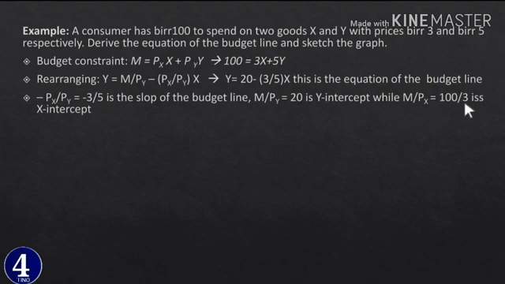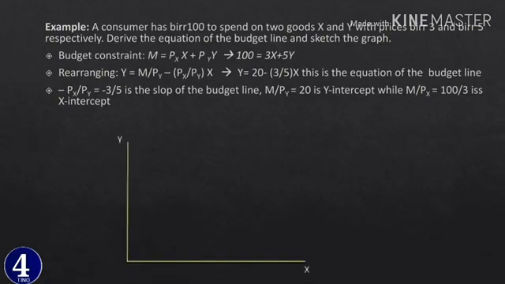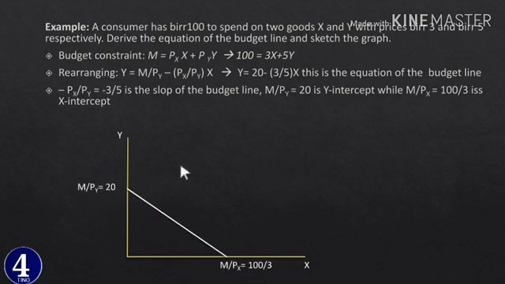ስለዚህ ይሄን ኢንፎርሜሽን ስላገኘን ቀጥታ በጀት ላይናችንን መሳል እንችላለን። On y axis commodity y ታስቀምጣላችሁ, on x axis commodity x ይቀመጣል, ከዛ በኋላ ላይኑን መሳል ነው ማለት ነው። So y intercept ለመፈለግ m by py which is 20 መጣ, እዚህ ጋር 20 ነጥብ ታደርጋላችሁ። Okay, x intercept ማለት ግራፉ x axisን ኢንተርሴፕት የሚያደርግበት ቦታን ስትፈልጉ ደግሞ m by px ን ካልኩሌት ታደርጋላችሁ which is 100 በ3 ነው which is 33.3 እዚህ ጋር። ከዛ ሁለቱን ፖይንት ስታገናኙ ይሄንን ታገኛላችሁ, and this is the budget line ብለን እናስቀምጣለን ማለት ነው።